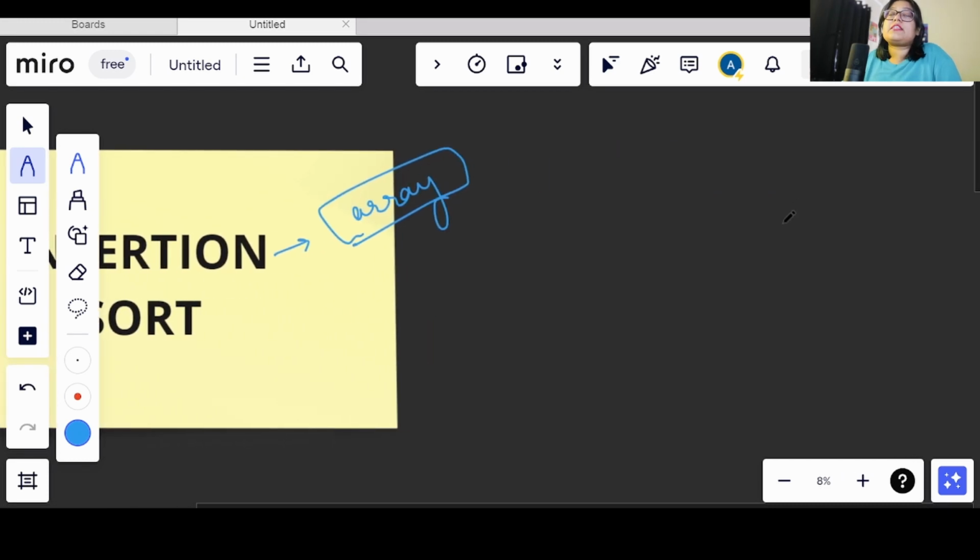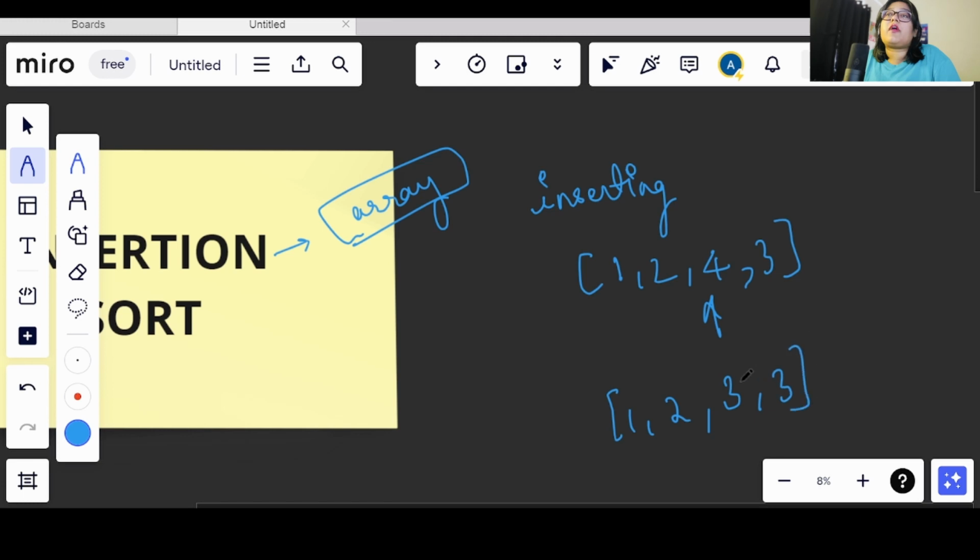As I said, we will be inserting a value. Let's say I have this array 1 2 4 and 3. Now let's say I insert 3 here in order to sort, right? If I insert a value, the previous value that I had here will get lost, and we will not get the proper array that I expected, which should be 1 2 3 4. So in order to avoid the loss of data, we will store the value at the index where the new value will be getting inserted.